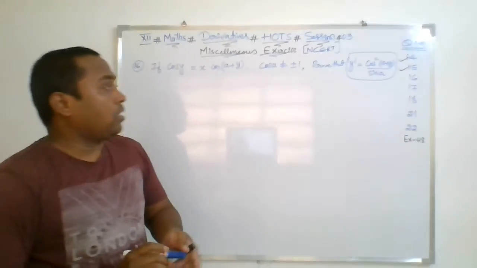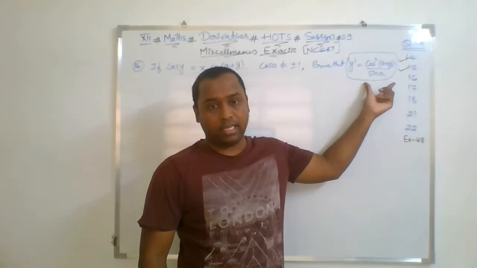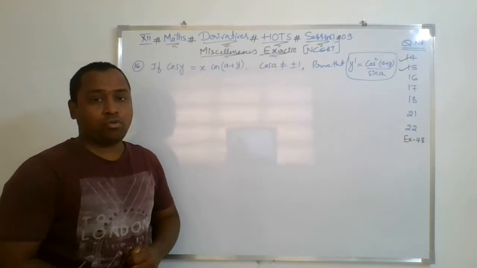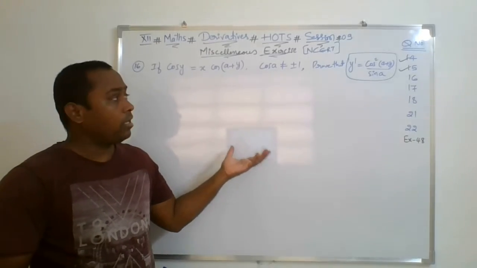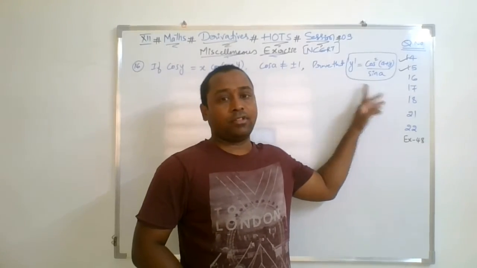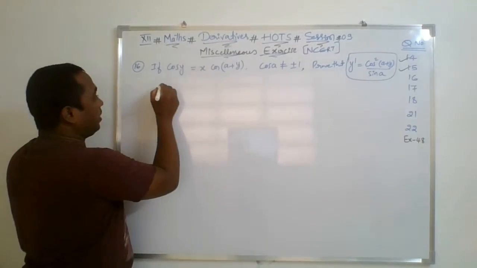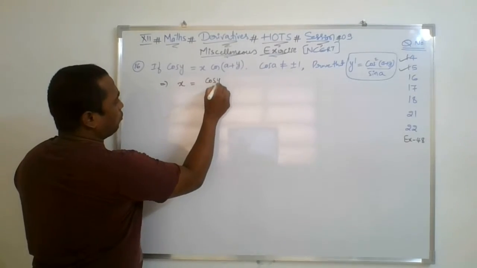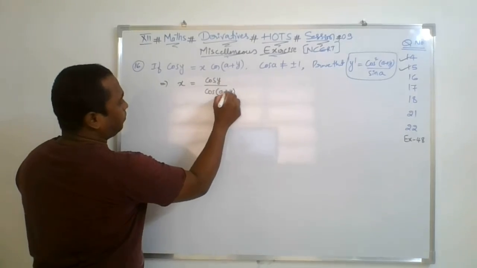If you look at this answer, we require the answer in terms of purely y. So that is why I can first convert this question to x in terms of y. This is the logic behind why I am modifying the question, because in this dy by dx answer we require only y terms. So that is why I am writing this equation smartly as x is equal to cos y upon cos of (a plus y).